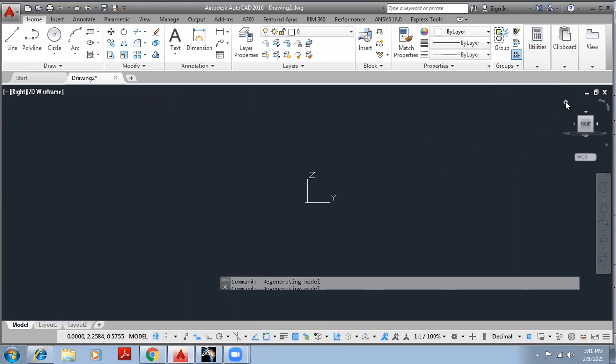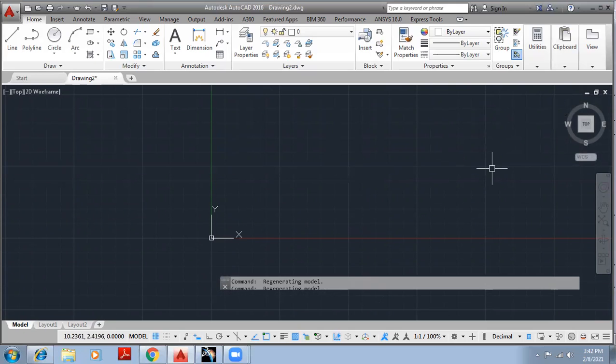At the end, we can go to the home view by clicking on this particular icon, home view, and then click on top view. We will be directed to our original position, or default position. If I want to rotate a view, I simply click on these two arrows: this will rotate clockwise, and this will rotate anti-clockwise. It is not rotating an object, actually it is rotating the paper. The piece of paper is rotated. Please understand, we are not rotating an object, we are rotating the whole space. The page is rotated.